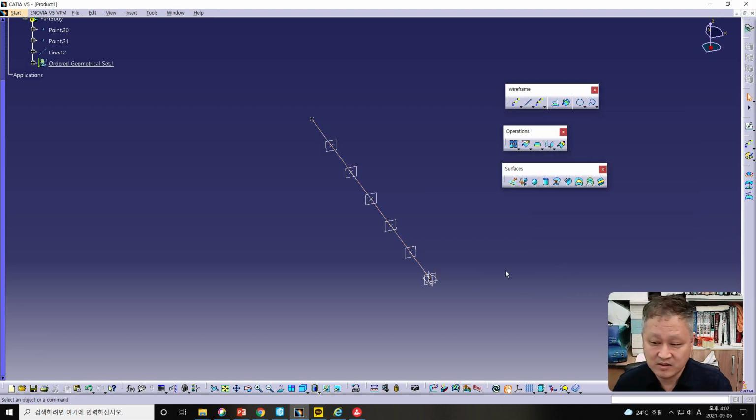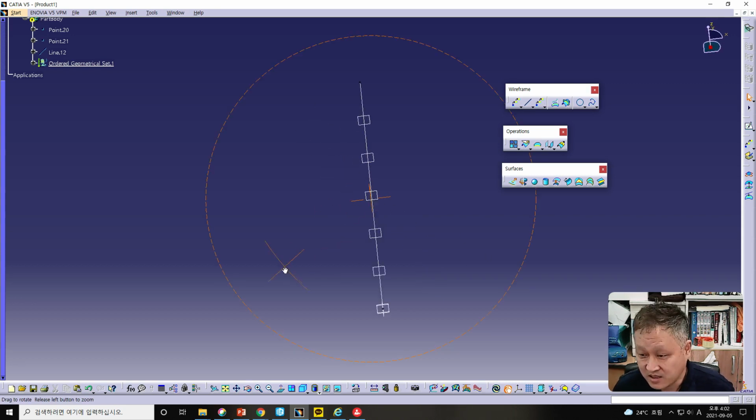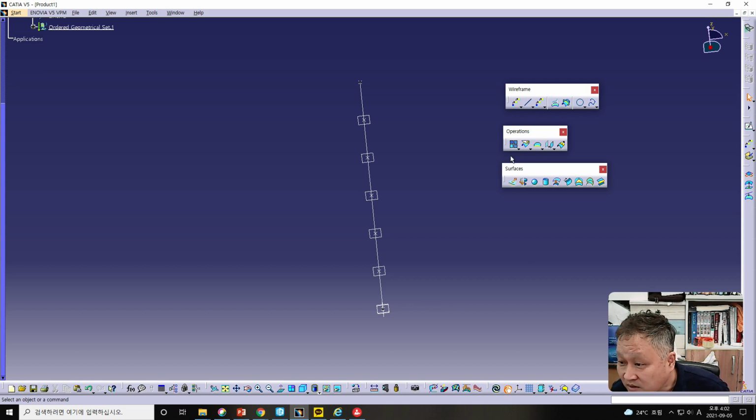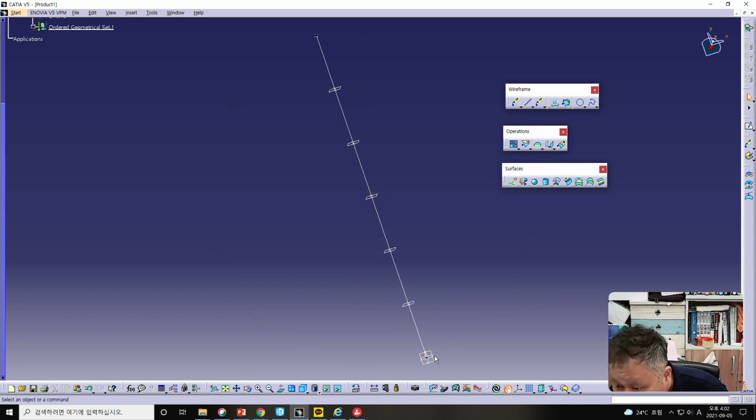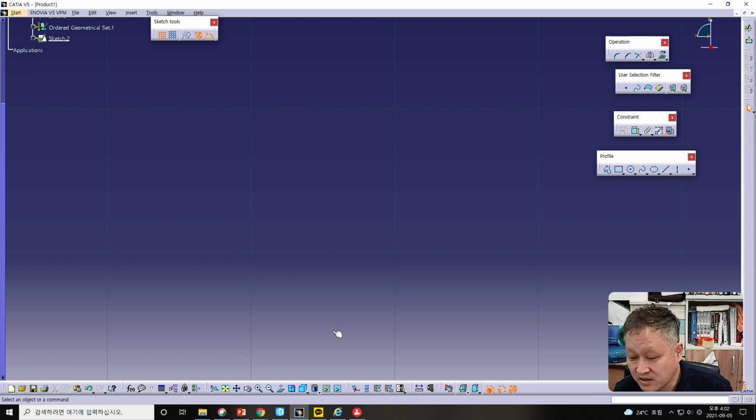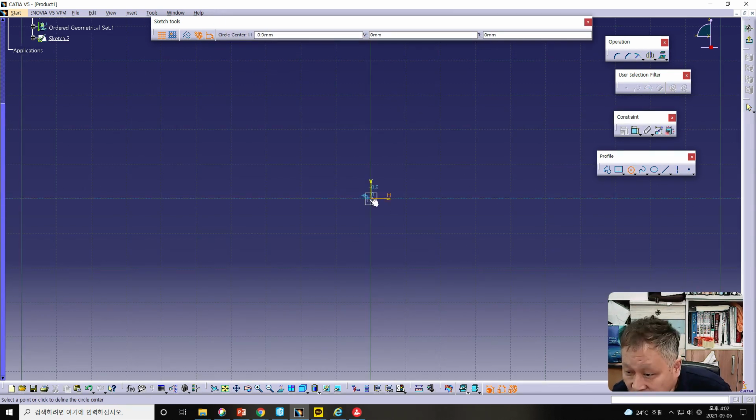Okay, then the new plane, 5 planes, 1, 2, 3, 4, 5, is generated like here. By using this option, I will show you one fascinating point. If I select this one and go to the sketch workbench like here, I will make some